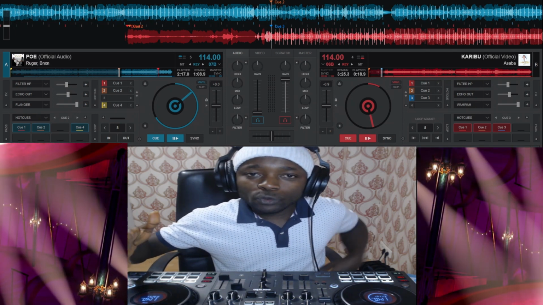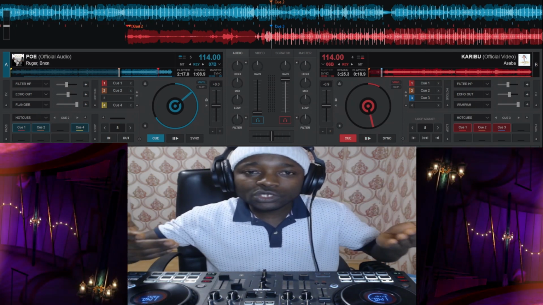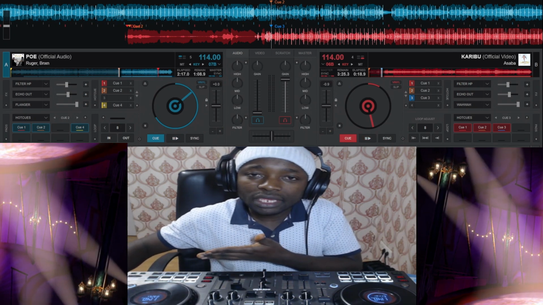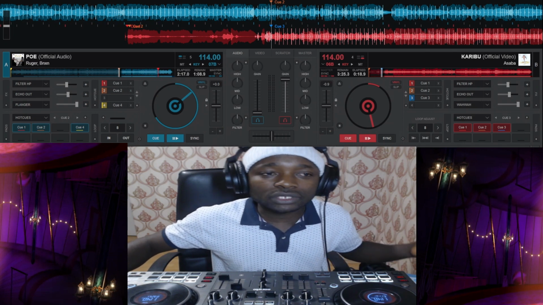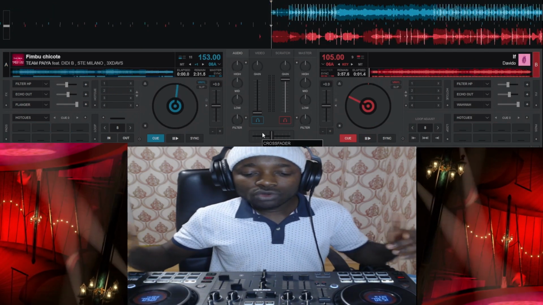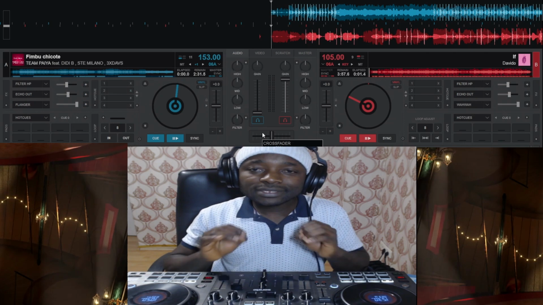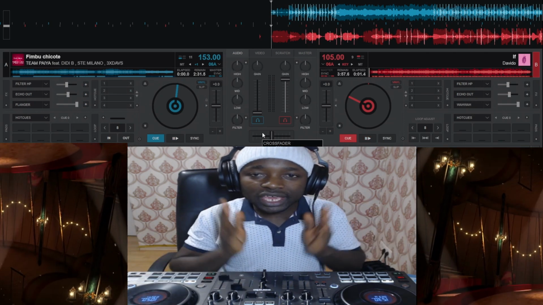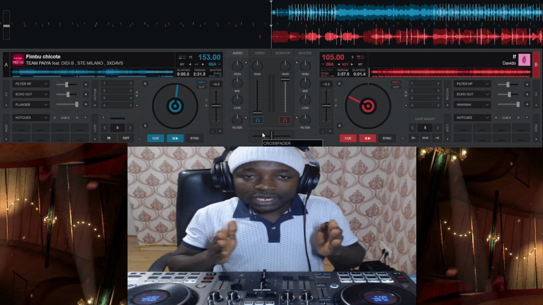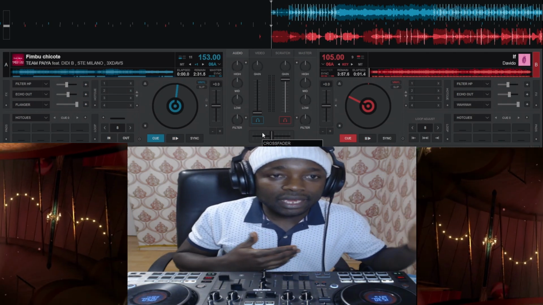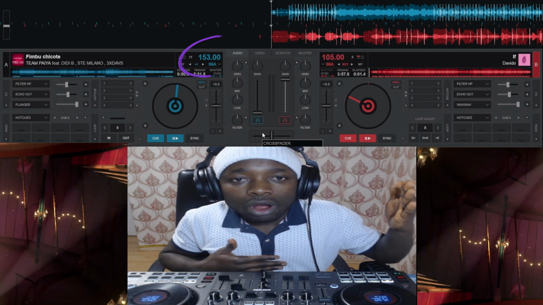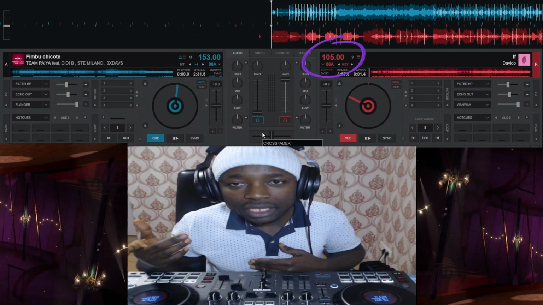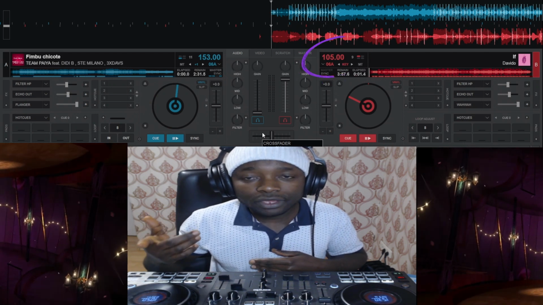Another thing, before we move, let me show one more thing on this. Another thing you can do with songs with very close BPM like this one, you could simply line the song on deck B to start playing at the end of the song on deck A. Right now, the trick I'm about to show you is the one that you can use to move from any BPM to any BPM. Let's take, for example, the song on deck A is of